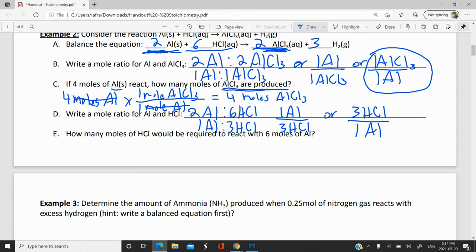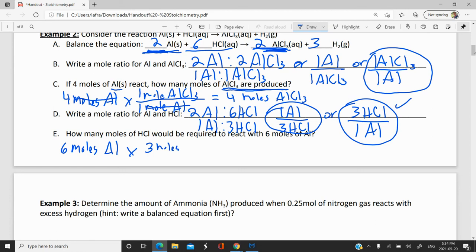But let's write that down using our unit analysis there. So in our question, it says how many moles of HCl would be required to react with 6 moles of Al. So I'm going to write my moles of my known, so 6 moles of Al, multiplied by one of these ratios here that will get rid of aluminum. And I think it's this one here because aluminum will be at the bottom. So 3 moles of HCl over 1 mole of Al. And so we're going to cancel out moles of Al there, and we're left with moles of HCl as 6 times 3 divided by 1, which is just 6 times 3 essentially. And so we get 18 moles